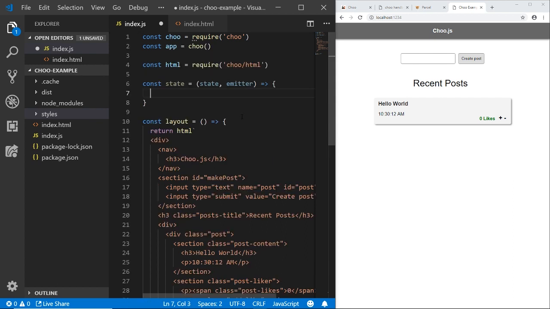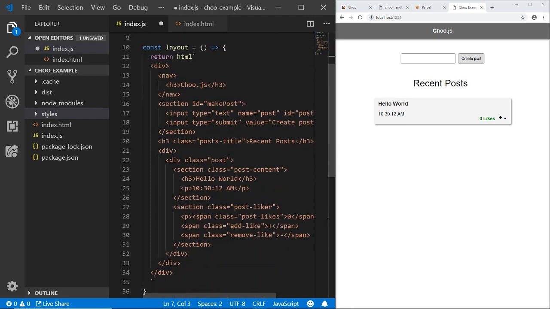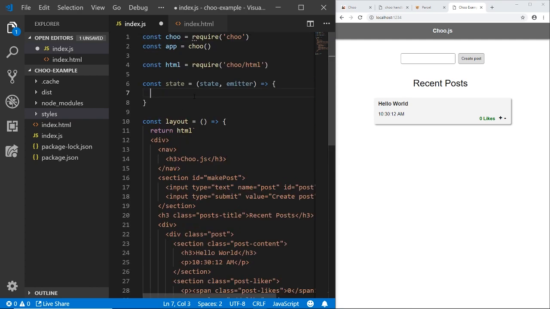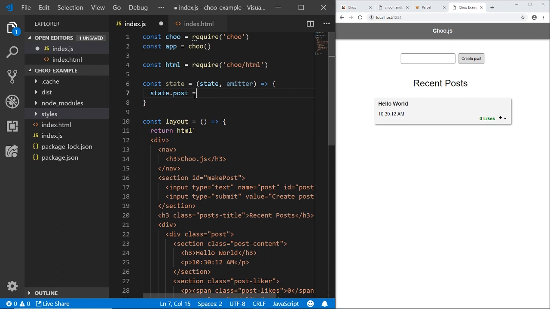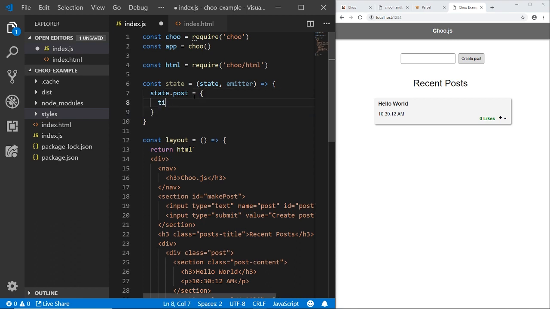And the way we do that is we have to add all our data to the state parameter or object, which will be mounted to our app, and it would be available to all our layouts and components that we create. For now, let's say state.post equals an object, and we'll give it a title of